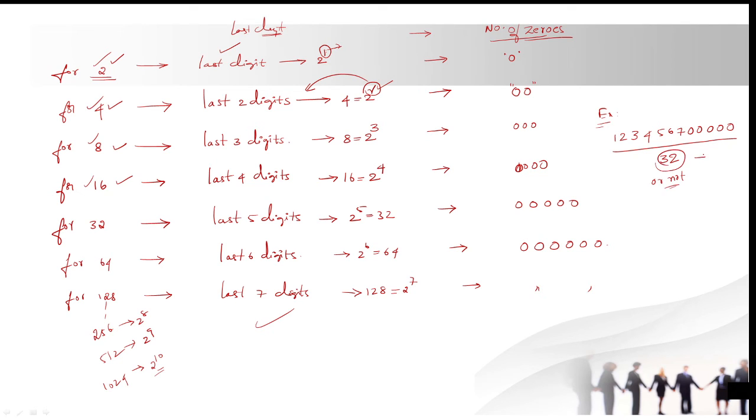Yes, of course. What is 32? 2 power 5, and this number has 5 zeros at the last. So definitely the entire number is divisible by 32. By using the normal method, it takes 2 or 3 minutes. But with the logic that I have mentioned here, we are able to tell the answers to these questions within less time.